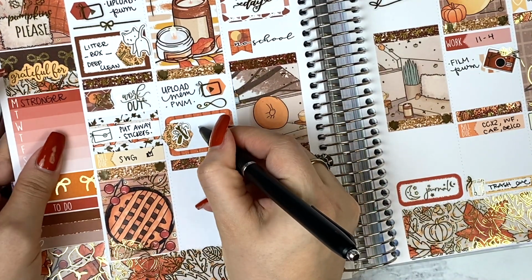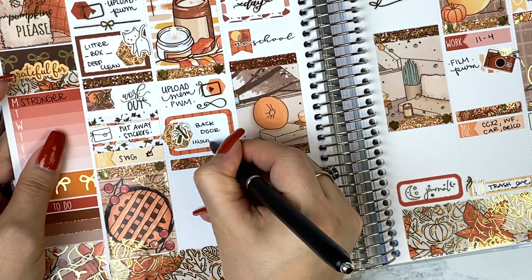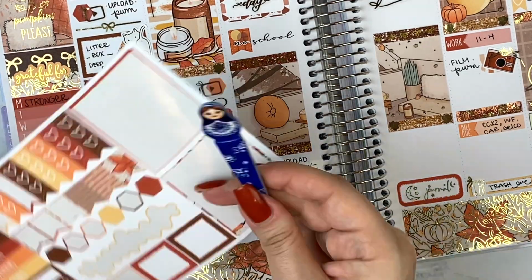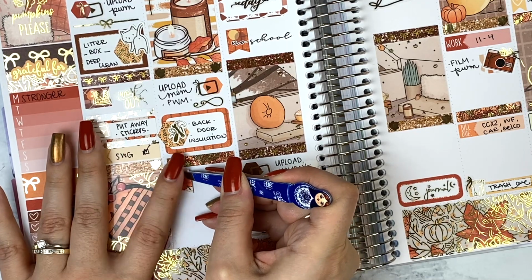Anyways, moving on to Tuesday, I'm going to put down a half box from the kit, and then this cute little flourish, like swirly thing from Honey Inked, just for a little separation, some pretty foil. And then I'm going to take another one of those hexagons from Cozy Paper Co., and I'm going to layer that with a Crafts by Thaowie icon, a bow icon with the hammer and, I don't know, wrench or whatever,